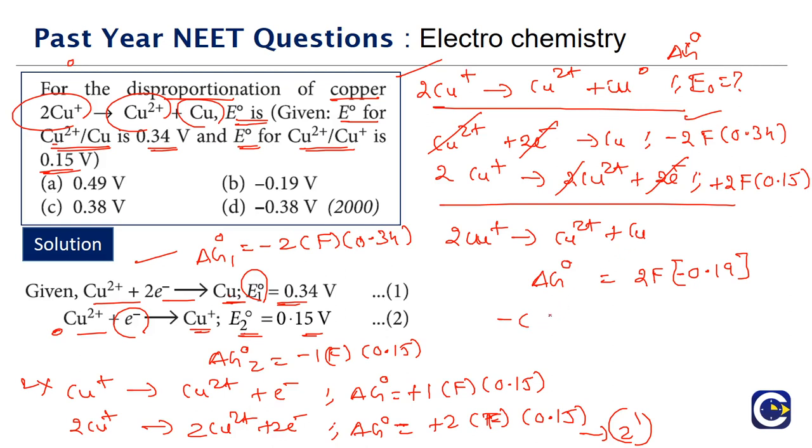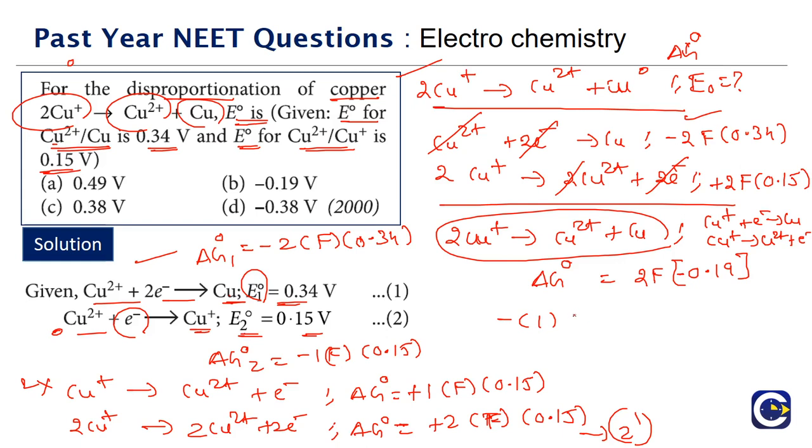If you look at this, what is the N value for the overall reaction? If you look at the overall reaction, the reduction part and the oxidation part separately, the reduction part involves 1 electron. How? The reduction part is copper plus gaining an electron to form copper. The oxidation part is copper plus losing an electron to become copper 2 plus. So the number of electrons exchanged is 1.